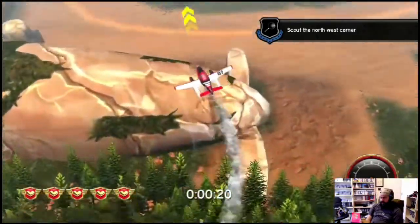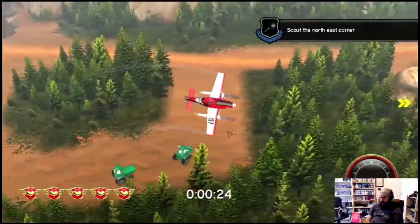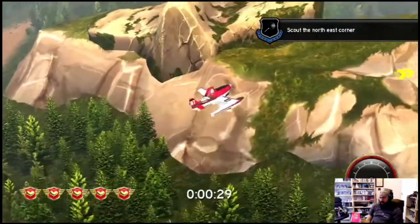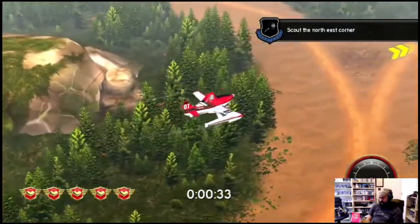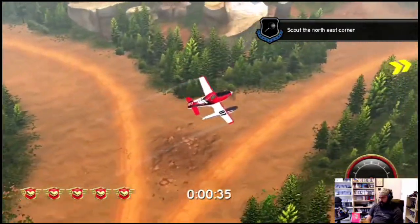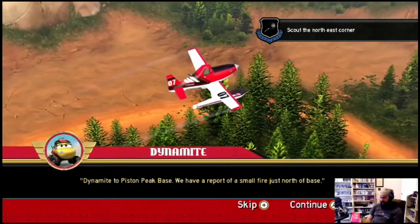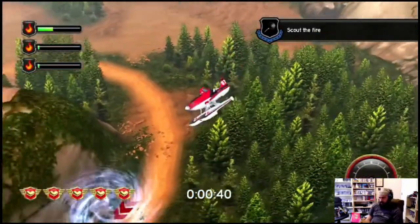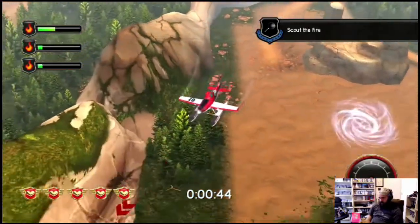Hey, there's tractors. Like I said, graphically, for a kids license game, I really like this. It really does look like you're playing with assets from the movie. Though you can't... Incoming! ...having like this one view. Alright, so we gotta go put out a fire. Do I have... Okay, I do have...